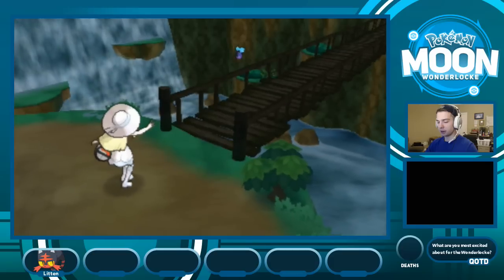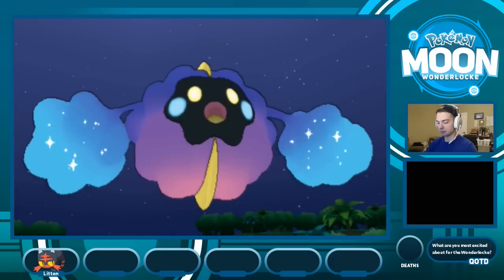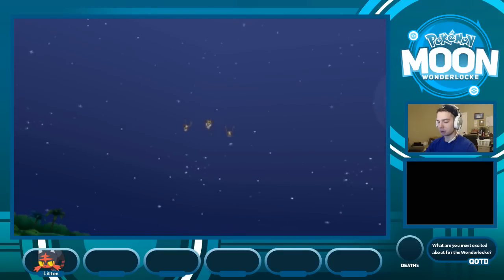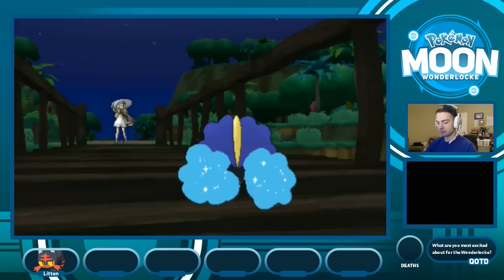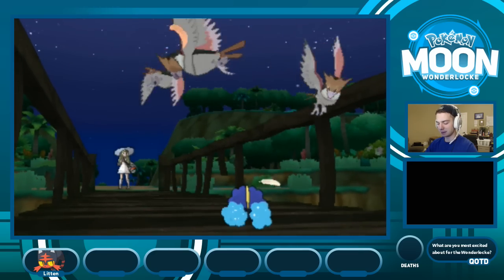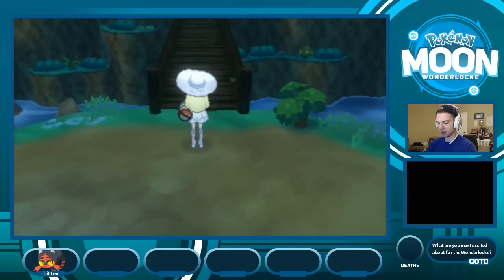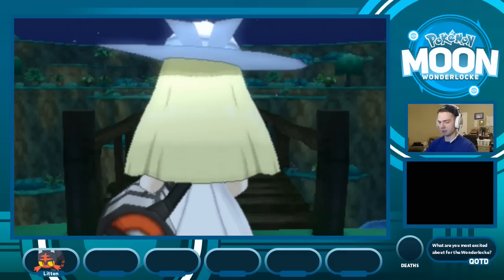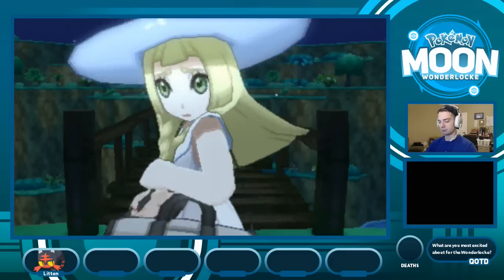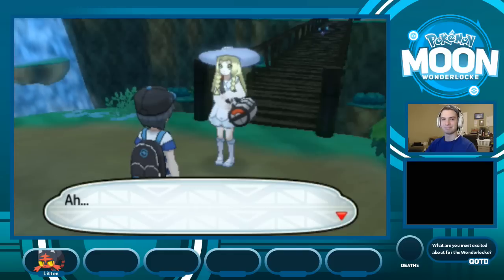Nebby, you frickin' mischievous little blob. Spearow! We want to eat the little cotton candy. But we're not going to eat it. We're just going to fly around it menacingly. Oh no. Alright, let's save those little things. That little thing. Oh, she's so concerned. And I'm just like...